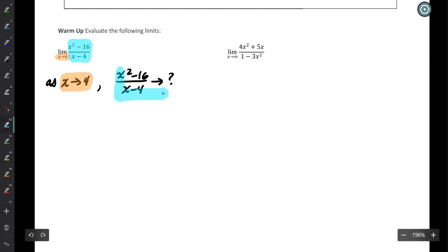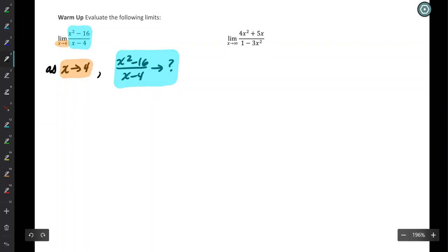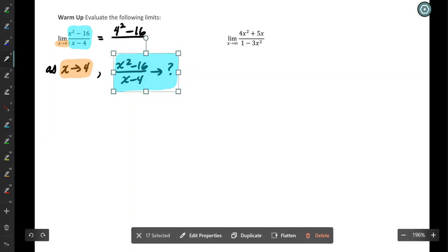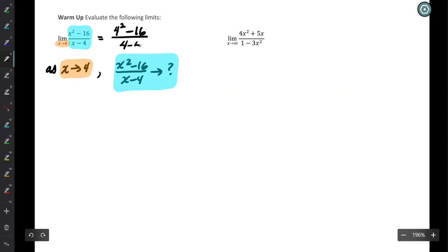Okay. Now, notice if we try direct substitution, we run into some challenges here. So I'm just attempting 4 squared minus 16 all over 4 minus 4. Uh-oh, this is 0 over 0. We don't know anything. Right? If you plug in and you get undefined, you're just saying that 4 is not in the domain of